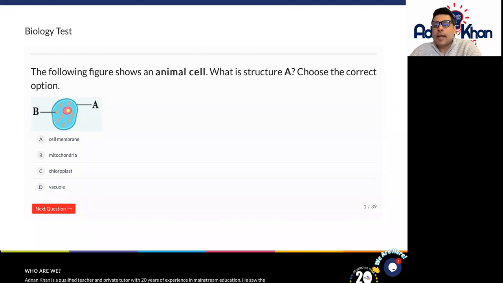What is structure A? So in this case, we've got four options. We've got cell membrane, mitochondria, chloroplast, or vacuole. So in this case, the answer is going to be a cell membrane. So what is a cell membrane? A cell membrane provides protection for a cell on the outside, and it actually protects the environment inside the cell